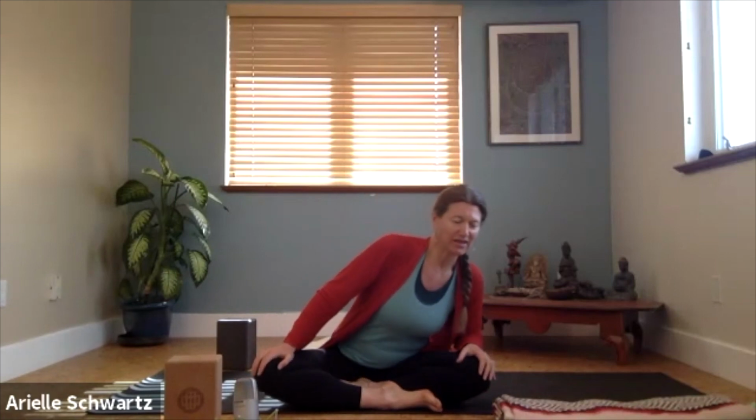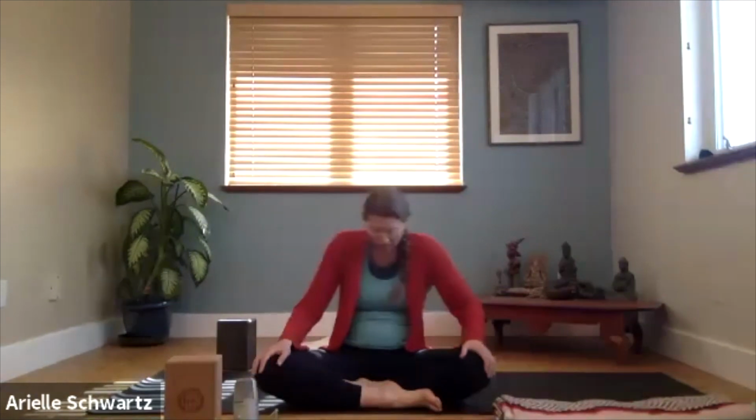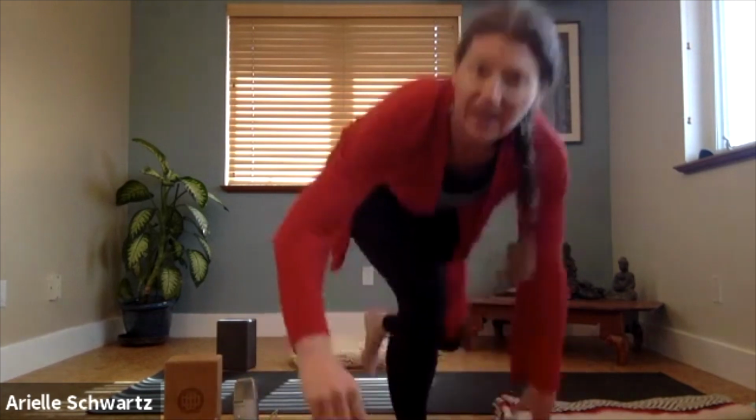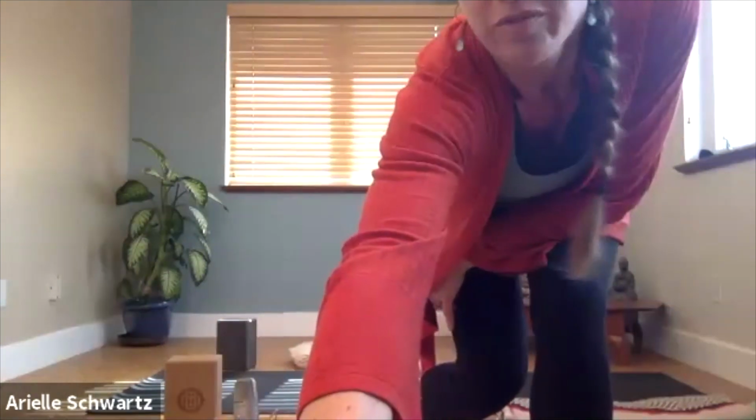So we're going to find a rotation of upper body around your pelvis and your hips. Inhale, drawing your heart forward. Exhale, rounding back. And just moving with your breath. So this is very organic and very much a listening practice. So that if at any point you find a little pocket of sensation that is calling for your attention, allowing yourself to pause there, find little micro movements,